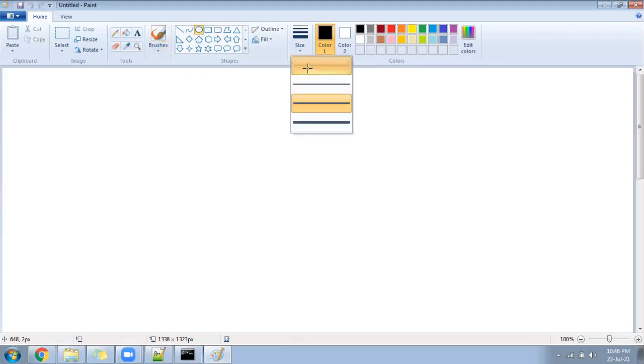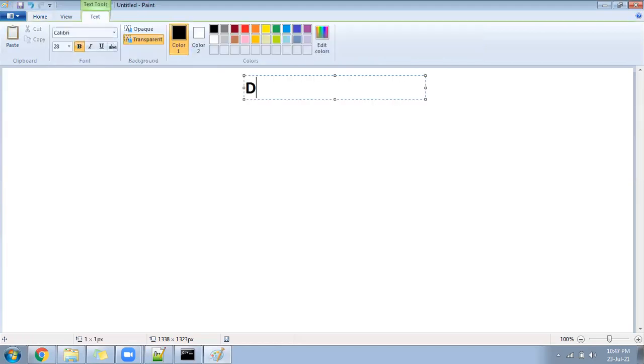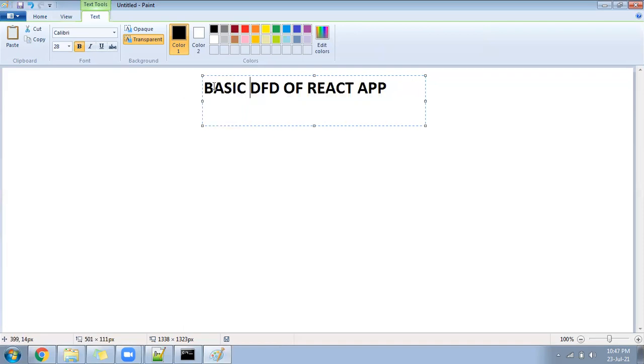Suppose a user wanted to open a website, and that website is developed in React. Let me write on the top one complete heading, DFD, data flow diagram of React application. I'll keep it basic in the beginning, not directly at a very advanced level, so that while learning, since all are new, they should be able to understand.